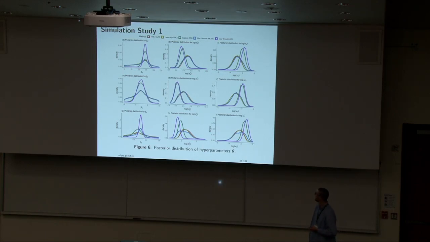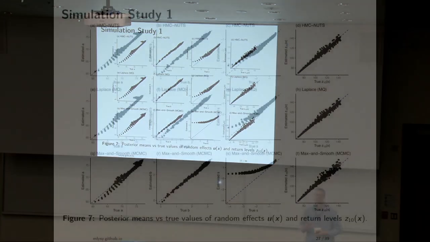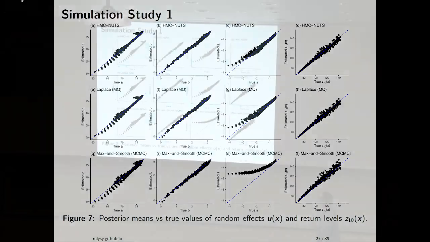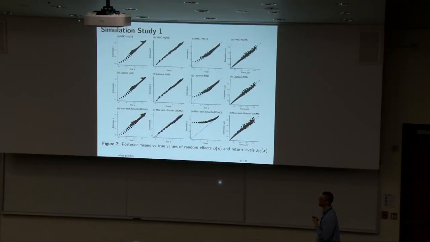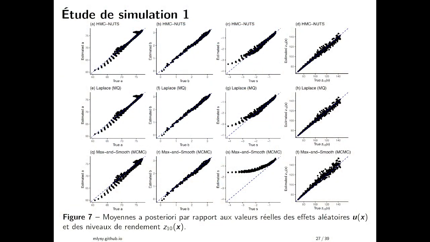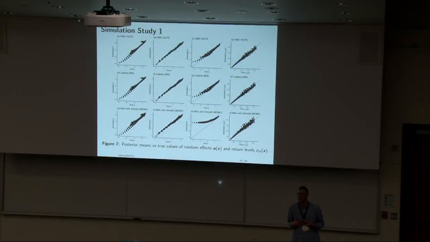Okay. But now let's turn to the random effects. We got 3 rows here. Top row is ground truth. Second row is fast Laplace, the one that does the double approximation. Bottom row is slow max and smooth. So I took the fastest, least accurate Laplace and the slower, more accurate max and smooth, and I compared them. In this case, to our eyes, and the referees', there was literally no difference between the